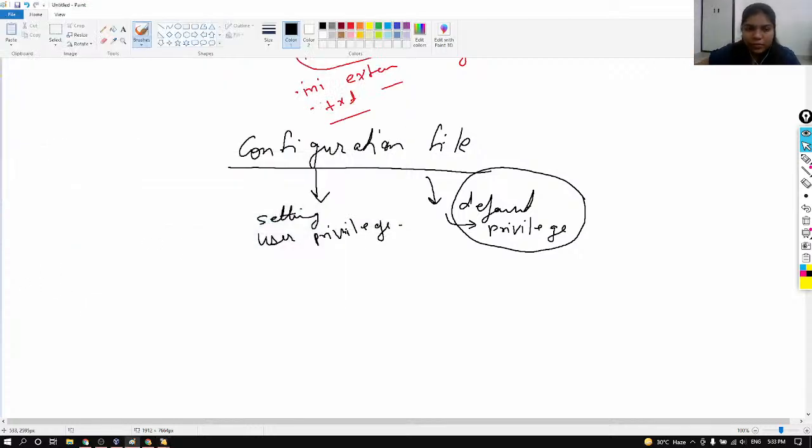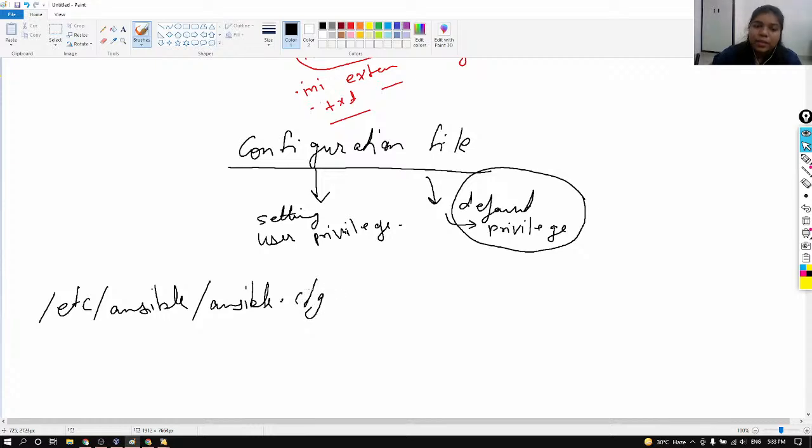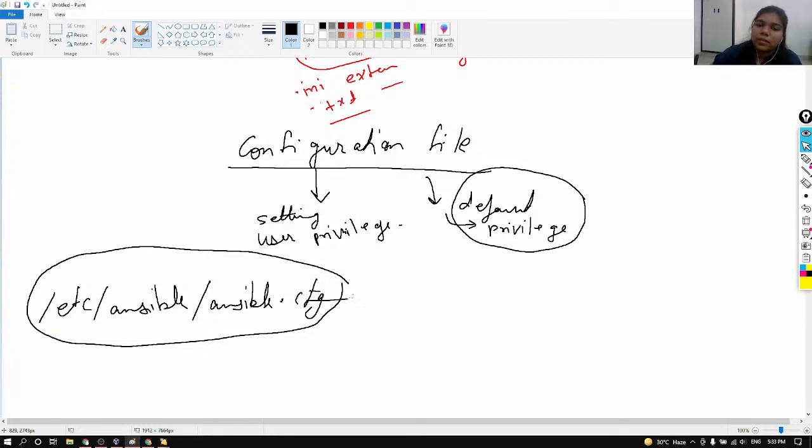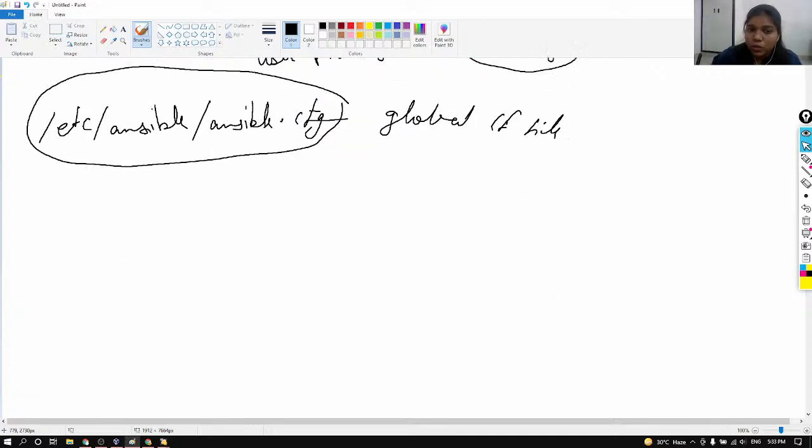So a configuration file can be present at /etc/ansible. One Ansible file can be this file. But this is known as the global configuration file, and it is not preferred to use this file. And one more location for the file is